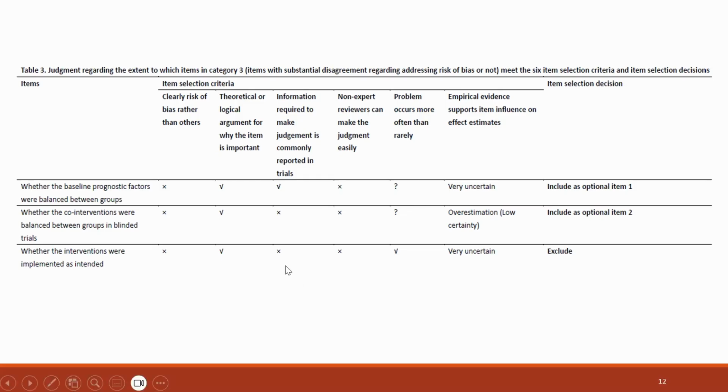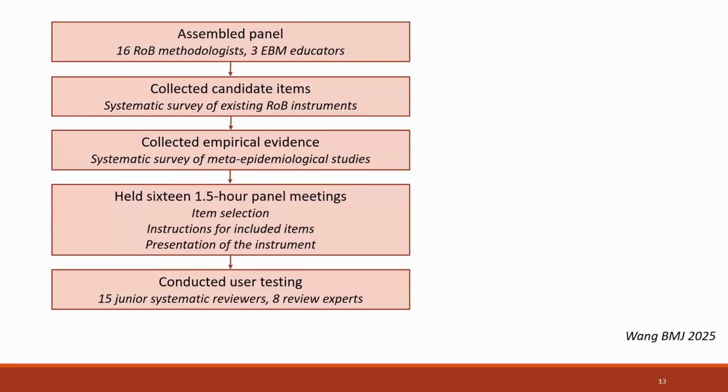And for example, here, whether the interventions were implemented as intended, there we decided not to consider that in our risk of bias tool. So this is basically the item selection process. We also then constructed instructions for the included items, and we decided about the final structure, and then